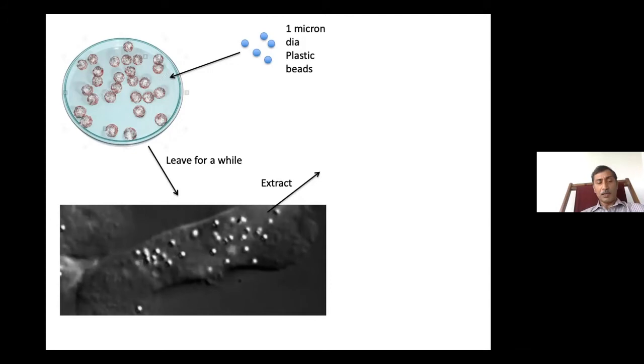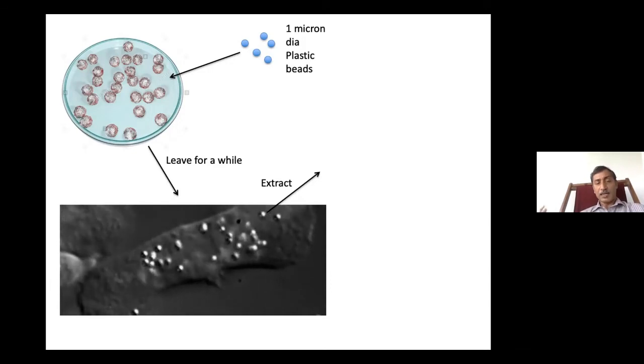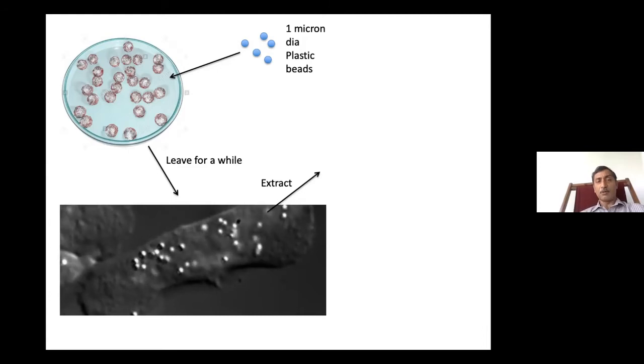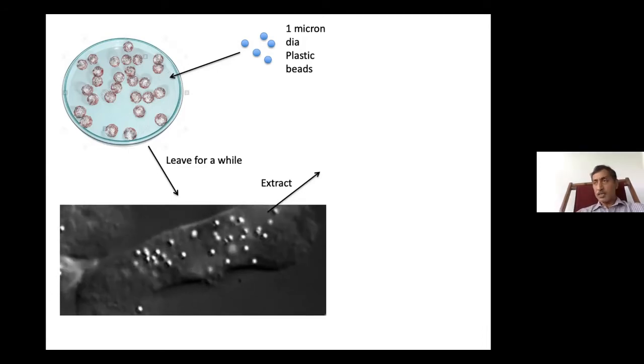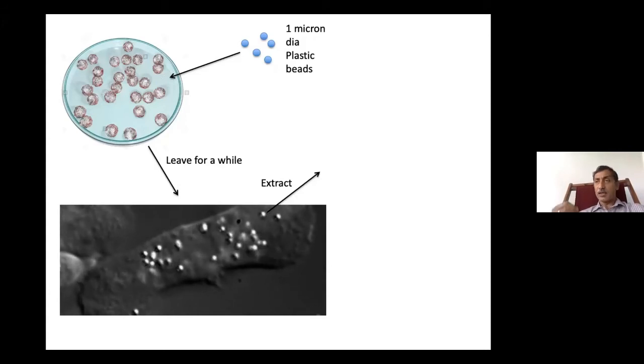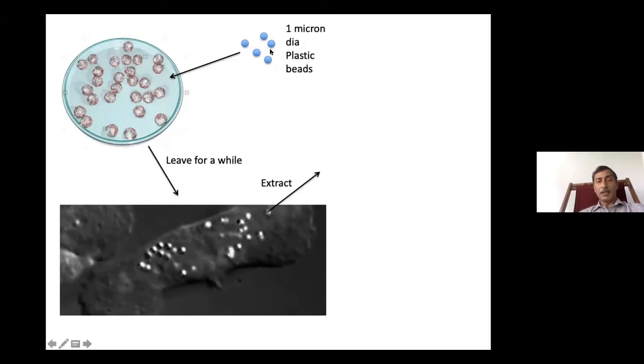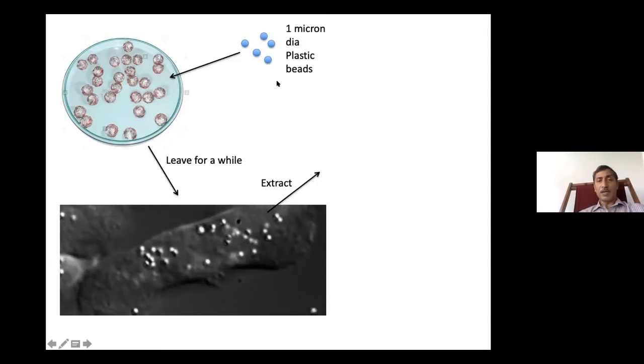a cover slip, we took a little bit of a top-down approach where we tried to extract cargoes, real cargoes from inside cells, and also study them directly inside cells, and put these cargoes on a cover slip and see them move. So the way we did it, this is largely published work, but I will just quickly go through it,